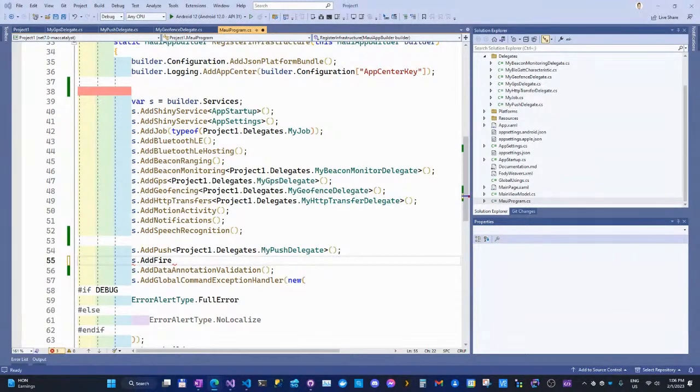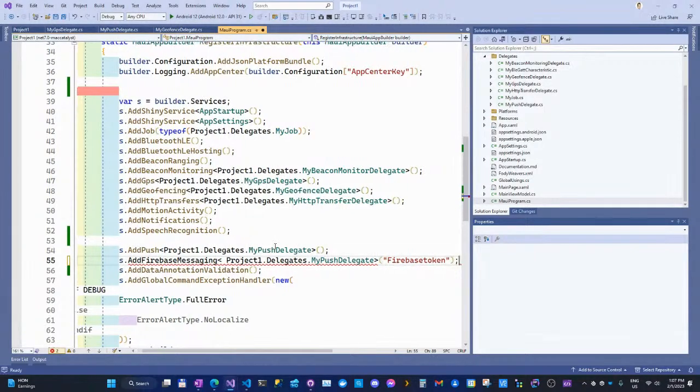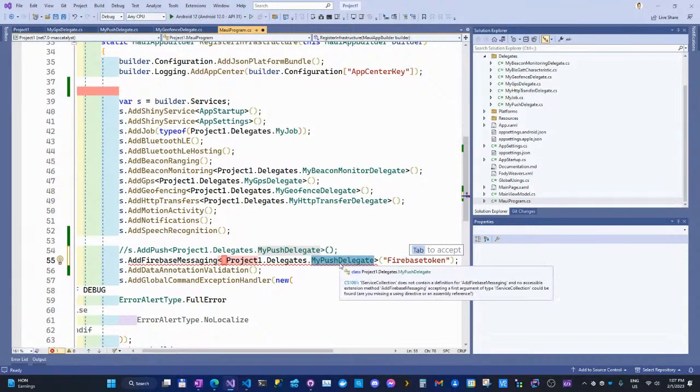I'm just going to give it 1 second, and I'm going to make sure that I called the right token. So I did call it right. So I'm going to go ahead and close this guy in a second. Or I'm going to just kind of fudge it in here for now. But really, for all intents and purposes, this is all you would be doing, if I spell it right. And you would be registering your Firebase token, and that's it. So this would be how you flop those two mechanisms, but you end up working with the same push delegate, the same push manager that I was showing earlier. It just changes for you.